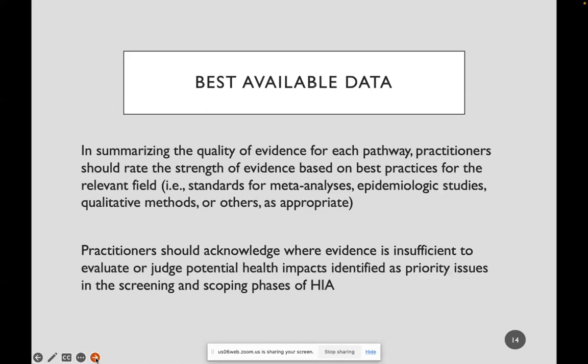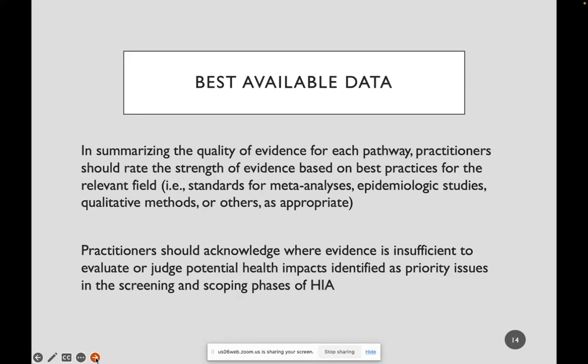In summarizing and thinking about using your data sources, you want to make sure that whenever you create that pathways diagram we talked about in the screening and scoping session, when you have your pathway diagram and you're starting to look at the evidence that connects the intervention to the health outcome, you should rate your strength of evidence based on best practices for the relevant field, whether that's a meta-analysis, a qualitative method, or an epidemiological study. It's very important to say these things are very strongly defined in the literature. These things are